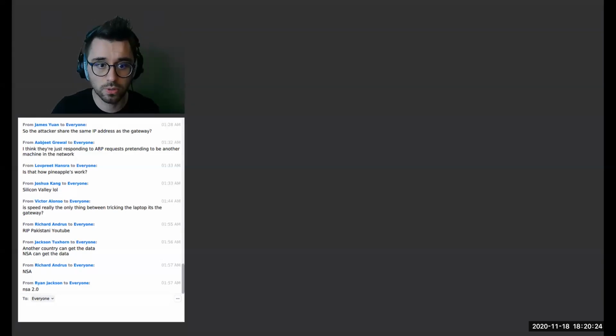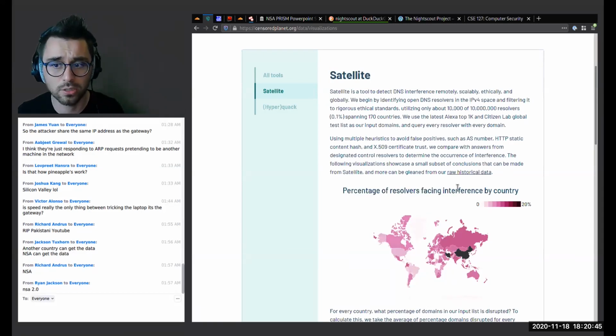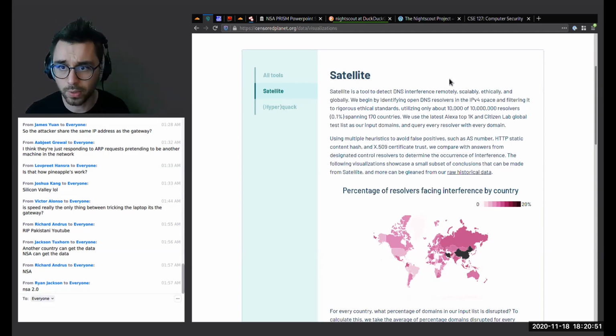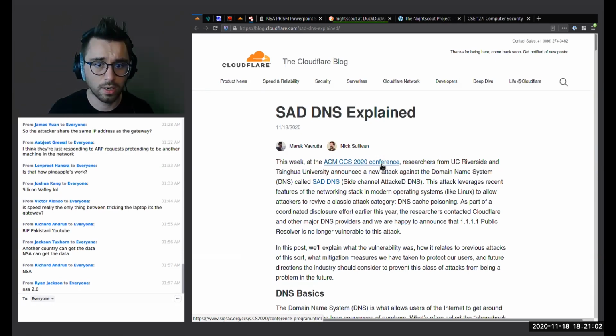countries to... this is what I actually meant to show you. Give me 1 second. There we go. So this graph has the attacks on DNS that are used for censorship, right? So these are being carried out all the time. And if you're curious about the latest attack on DNS, take a look at the thing that I linked to, or actually read the CCS publication on this, because it's pretty interesting.